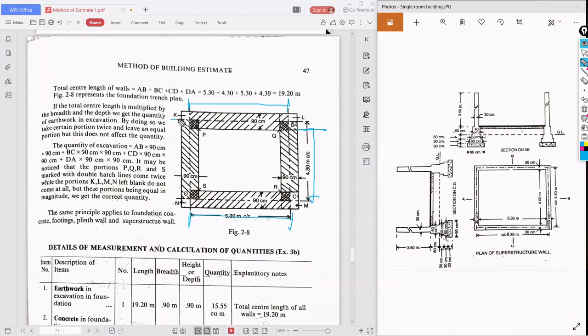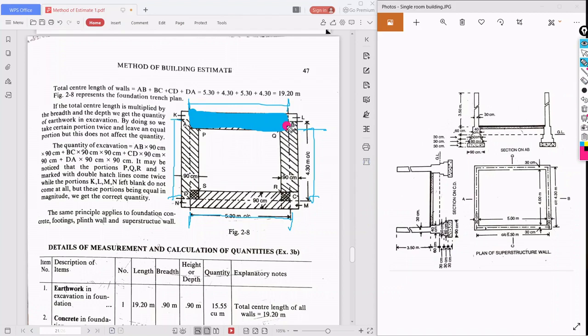Please keep this point in mind. From this center to this center, it's okay. But while calculating the quantity, we are taking from this center line to this center line, so the quantity is done. Again from this center line we have to take, right? Again from this center line.